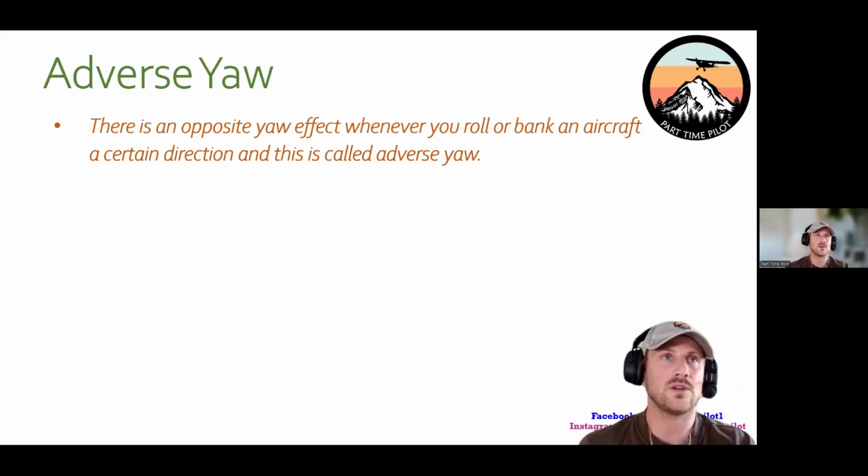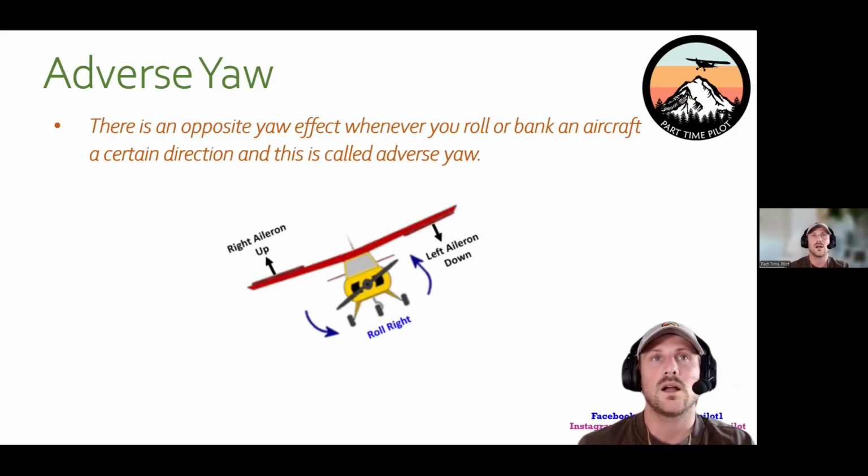So where does adverse yaw come from? All right, so here we have our handy diagram that we've used like 5 times, right? We're rolling to the right. That means our left wing is up. So we have our left aileron down, creating more lift, and our right aileron up, creating less lift. That causes our left wing to rise. And then we get that horizontal component of lift, which pushes our aircraft to the right, and we turn to the right. Now,